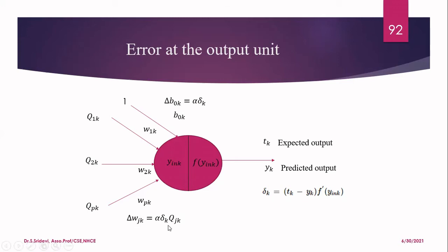Similarly, you have to change the weight also. We have so many weights here. All the weights you have to change according to this delta k. For that, we have this formula: delta w_jk is equal to the learning rate alpha times delta k. This is nothing but the weight value you are propagating backward, multiplied by Q_j. What is this Q_j? These weights are now associated with some inputs from the previous layer. So according to this input also, you have to update the weight. For that only, we are multiplying that with Q_j.